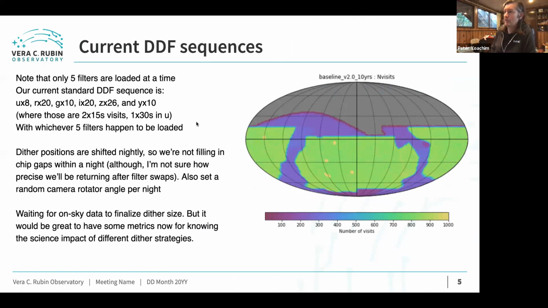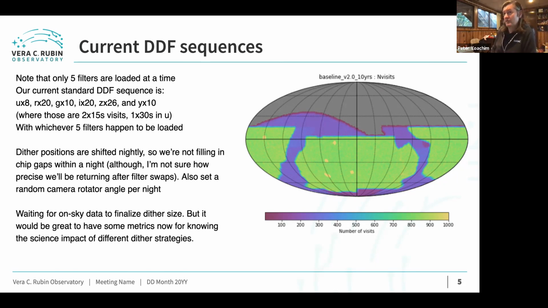And on the footprint, you can see the 5 spots where they are. They are kind of concentrated in a narrow right ascension range, which makes things a little bit difficult because then we start to get oversubscribed on that spot of the sky. But it's not too bad. Another thing to note is that at any given time, only 5 filters are loaded in Rubin. So we can't do a sequence of all six filters because we don't have all of them loaded at a